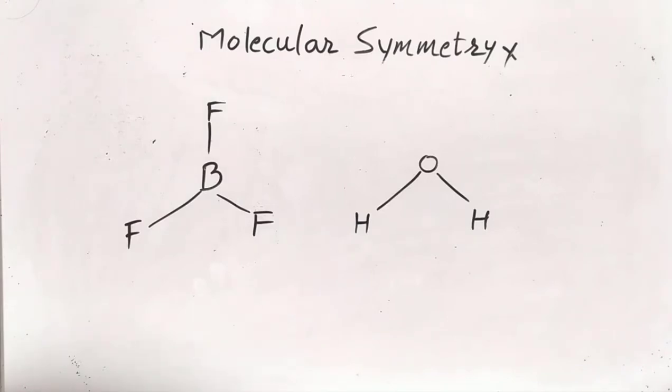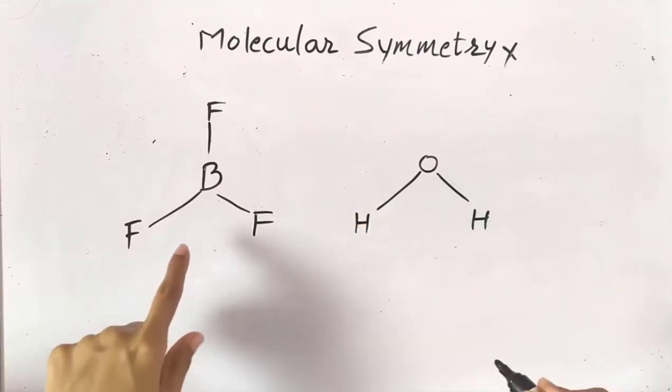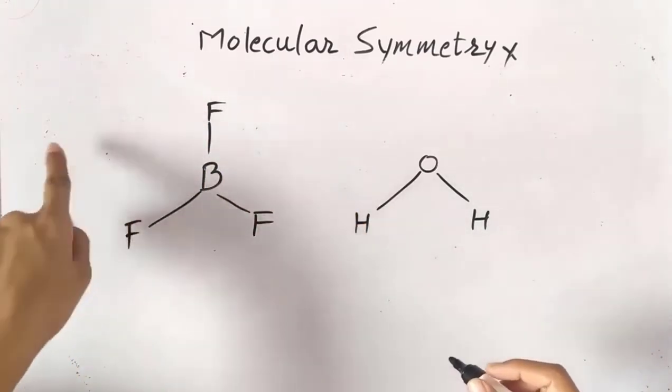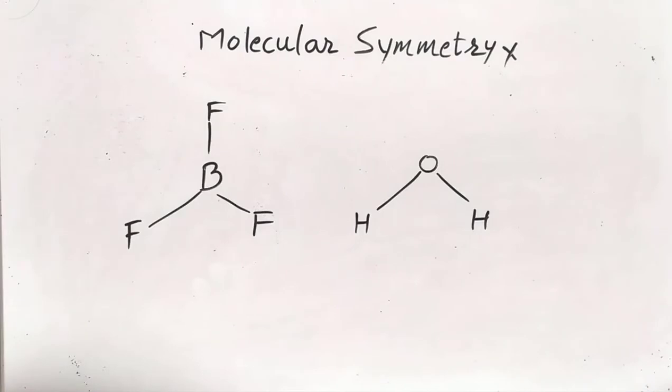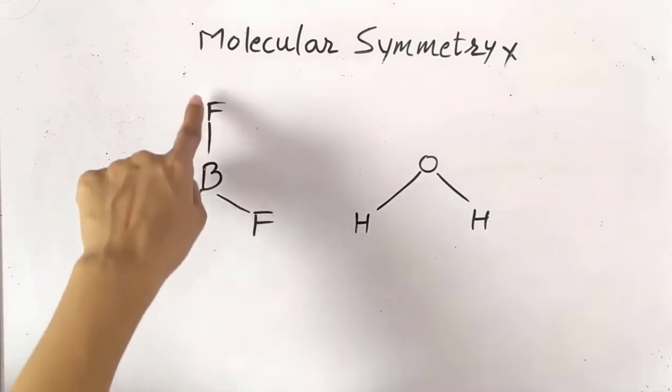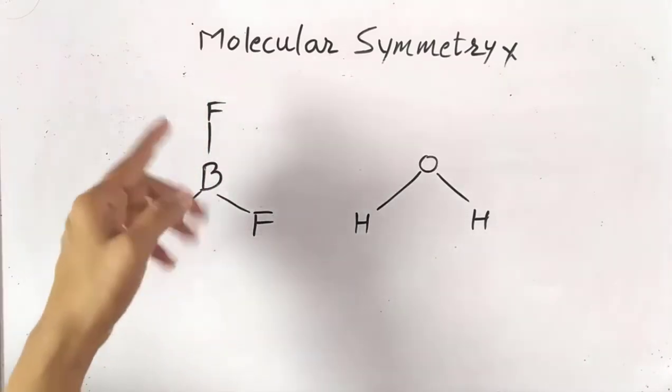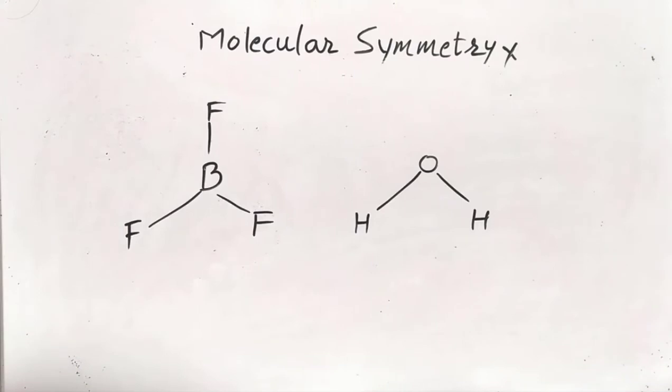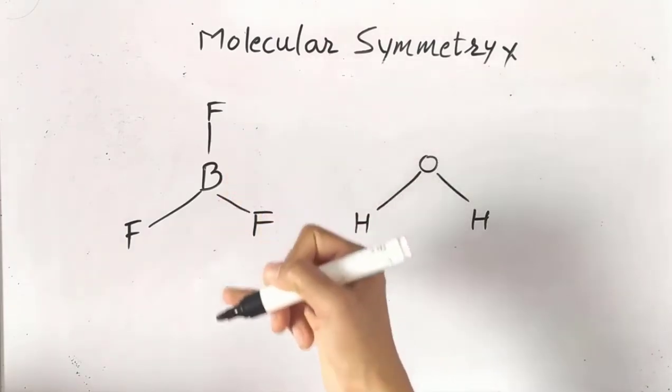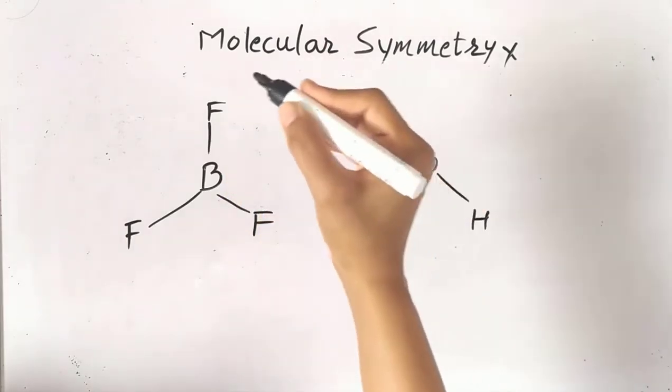As soon as you look at the molecule, without thinking, you may get confused and say that I is present in the BF3 molecule. Generally, students say that I is present in BF3 because it seems to be symmetrical. So, without thinking much, they say that I is present. But if you check it properly, according to our definition, do you get the same atom at equidistance and in the opposite direction?